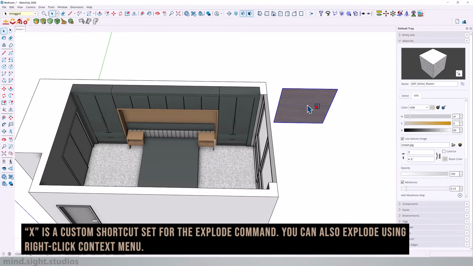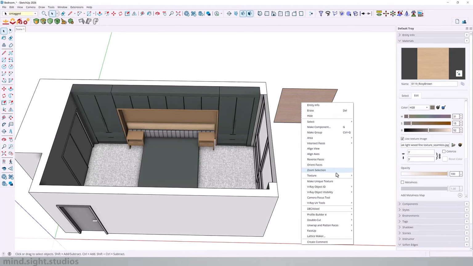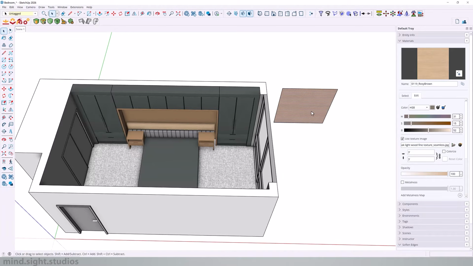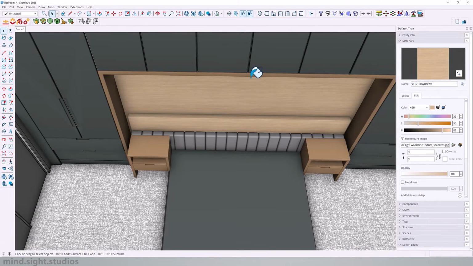and X to explode. And once that is done, you want to do one more simple step. Right click, go into textures, and deselect projected. Now from here, sample that texture. Now you can go into your model and apply that